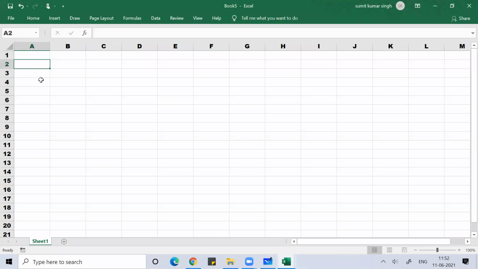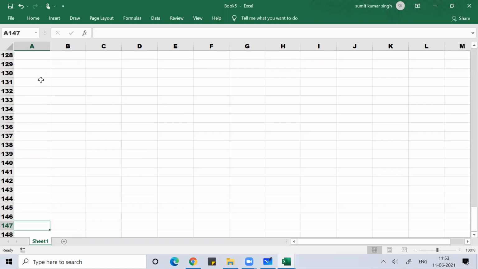In order to play this game, you need to make sure that you are in column A. A for Apple, A for Amritsar. It doesn't matter which row you are in, for me it doesn't matter. You can be in any row, but you need to be in column A, because I want to count now. Guys, I hope you understand what we are doing. I want to count from column A to the last column. It doesn't matter which row I am in right now. I should be in column A.